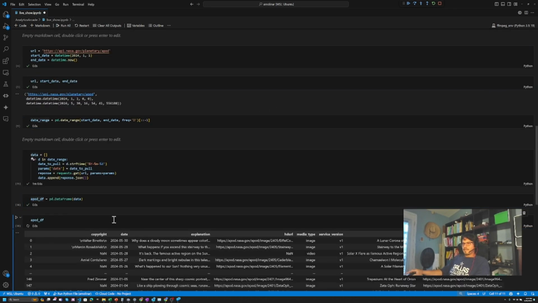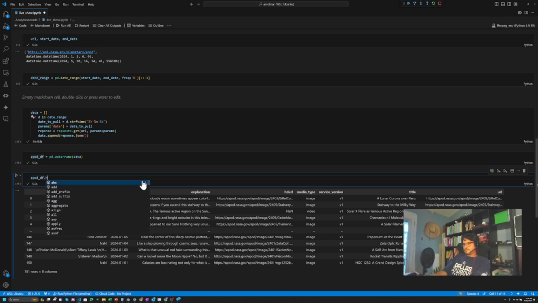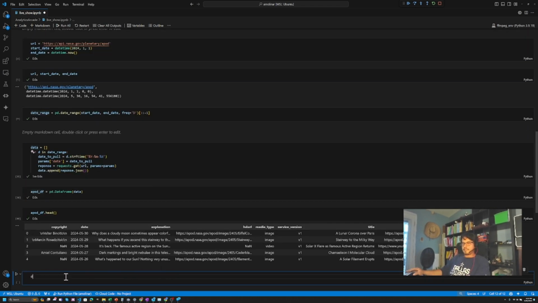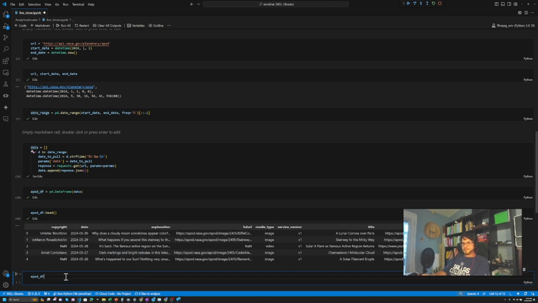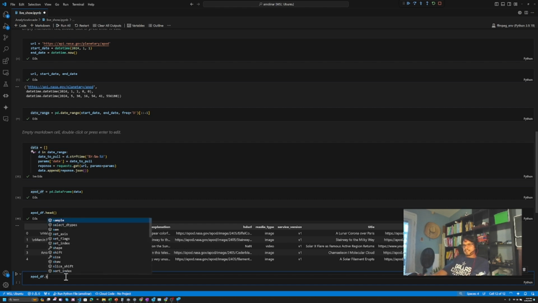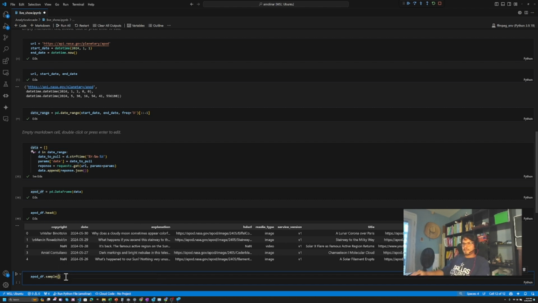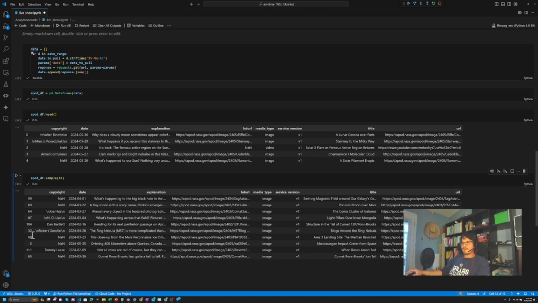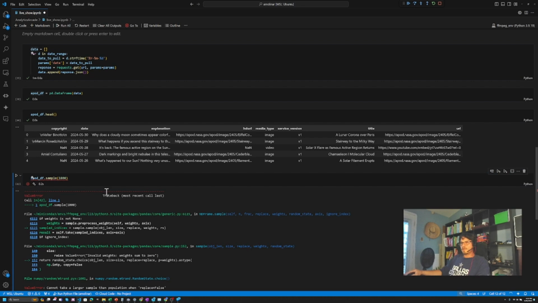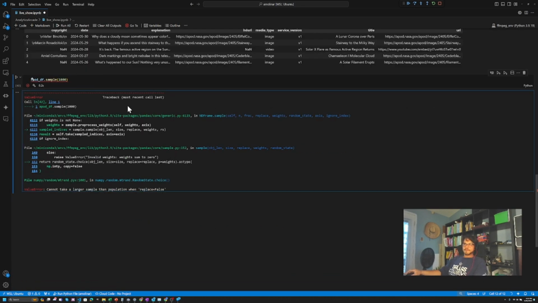And I love data frames. Data frames are cool. You can do things like look at the head. What else can we do? We can sample it. Say we want to sample 10. So it gives us a random sample of 10 of those samples. And if you pull more than the number of rows in the samples, it,